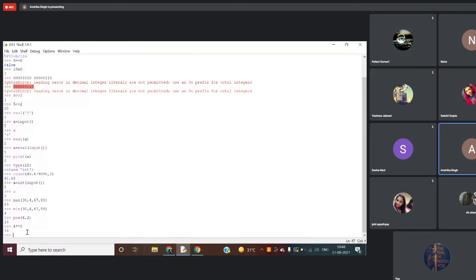Then comes your random number generation. There may be a requirement in the question that you want a random number to be generated. In that case, you will be using a random function of the random module. There are so many modules in Python that you can use. Modules are the programs that have some predefined functions. So you can use those functions anywhere in your program.